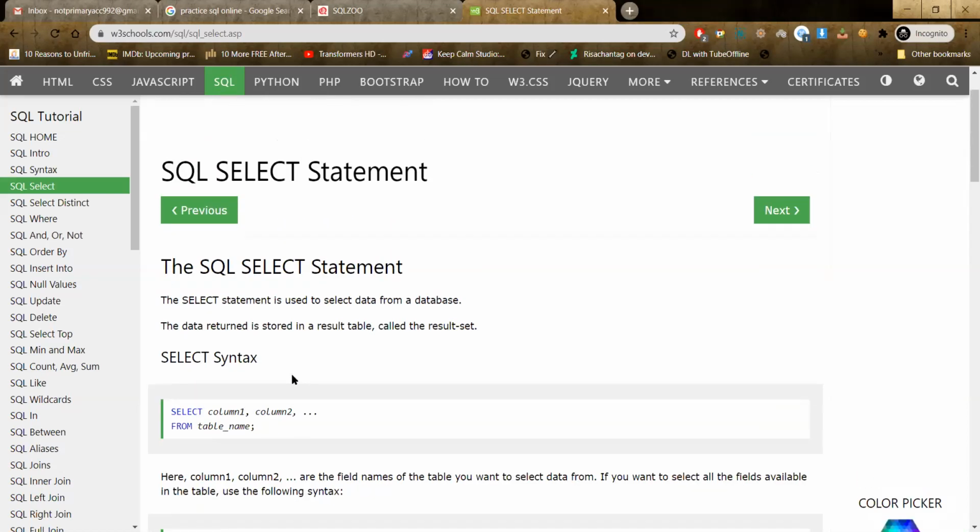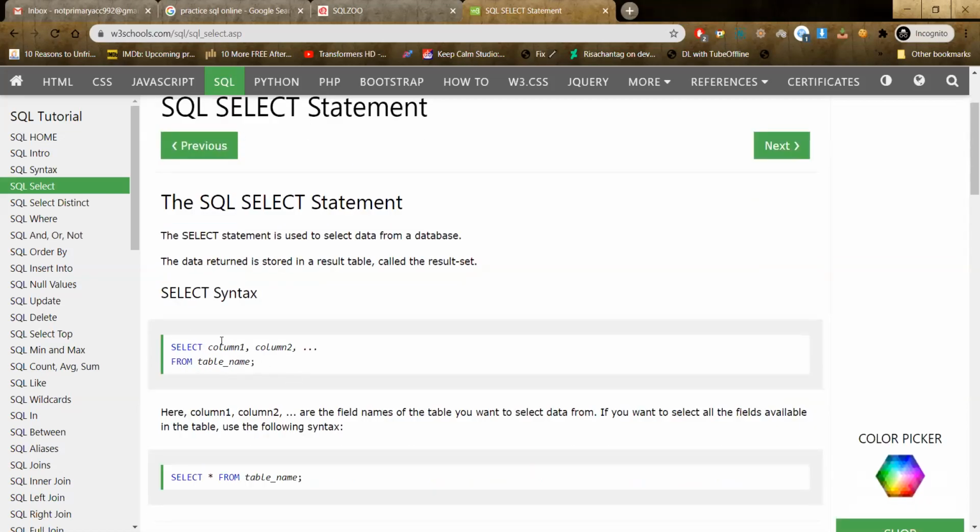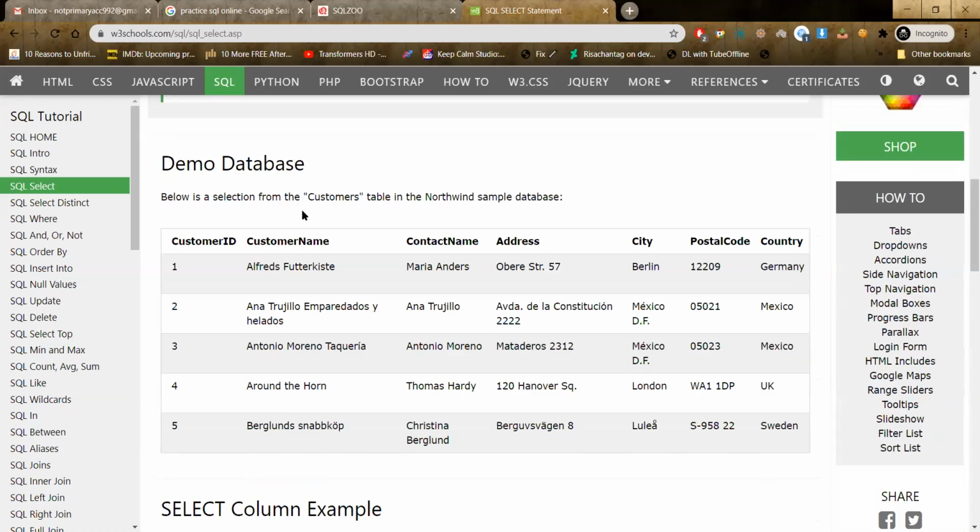So the general syntax is select. Okay, before I talk about select, I need to talk about something first. In a database, there are lots of different tables. Depending on what kind of database it is, there may be just one table or many tables, but there's no limit. So a database is made up of tables like the one shown here.